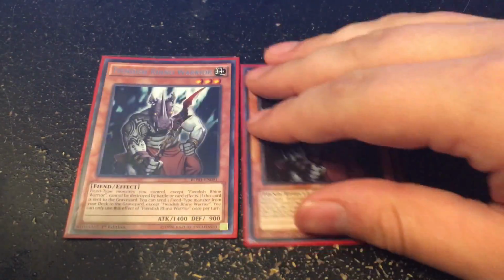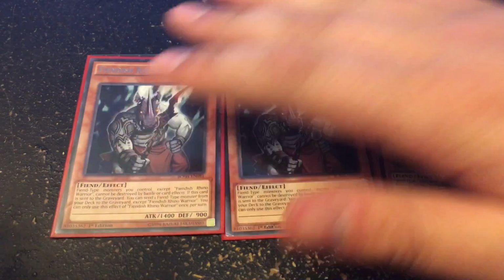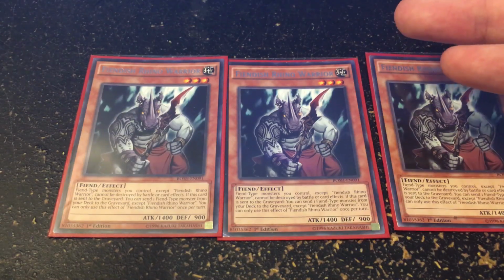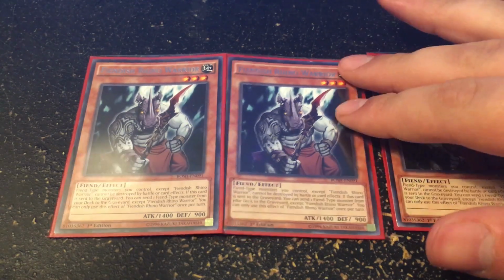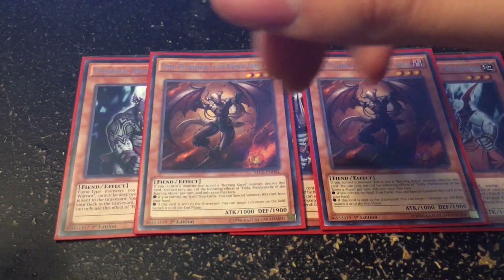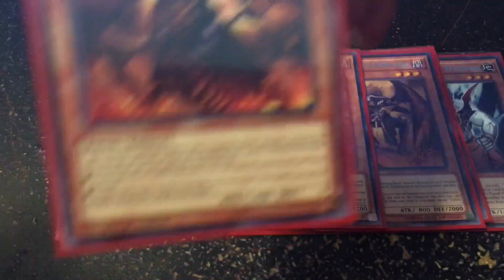First, to start off, we play 3 Rhino because he's essential to BAs. He's pretty self-explanatory. When he gets into the graveyard, he sends a Fiend to grave, and Fiends can be destroyed by battle card effects. We play 2 Farfa, self-explanatory, banishes, 2 Skarm, searches, 1 Seer, specials from grave,